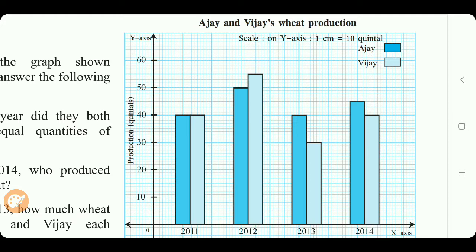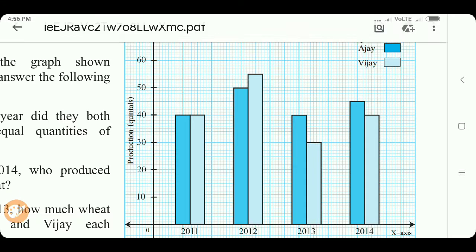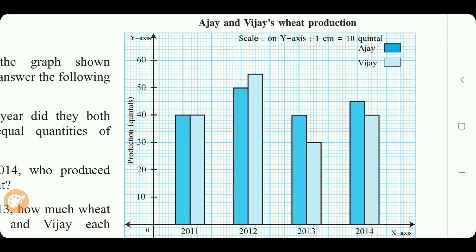Space also. First we studied these two bar graphs. Here they require more space. Now here together in the single bar graph we show the information, so it requires less space. Besides, comparing Ajay and Vijay's wheat production also becomes easier. Okay, so such bar graphs are called joint bar graphs. Okay, means these bars are joined to each other. So these bar graphs are called joint bar graphs.